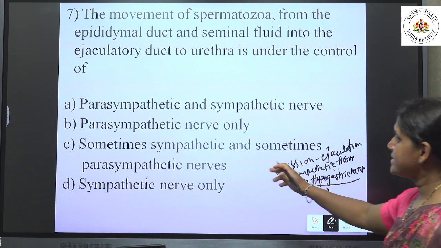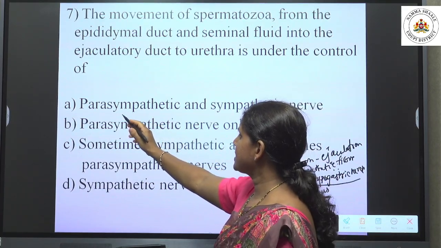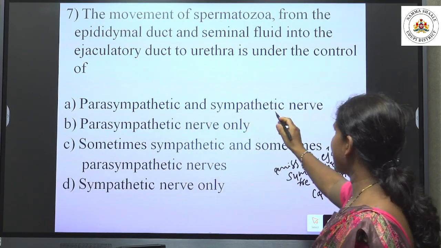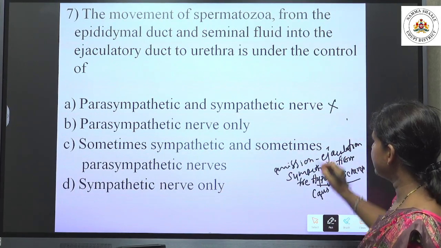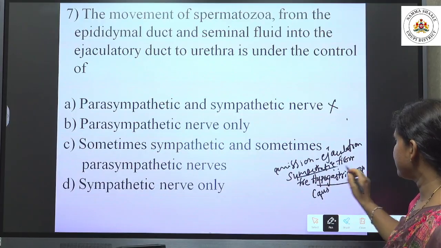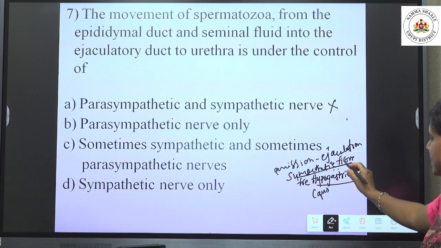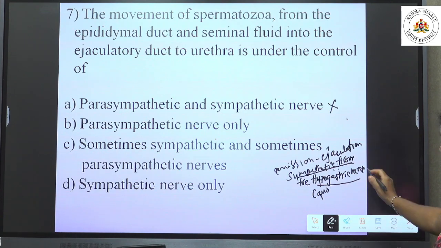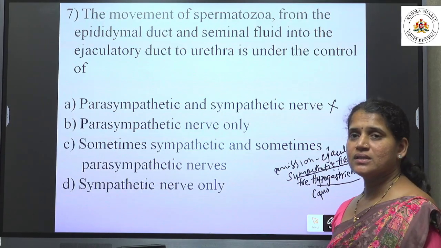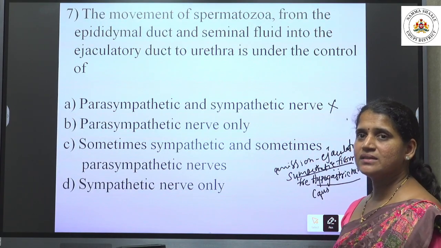So here the first option is parasympathetic and the sympathetic nerve. But here the nerve involved is mainly a sympathetic nerve. The sympathetic nerve fiber forms mainly from the hypogastric nerve, which causes the seminal vesicle and the prostate